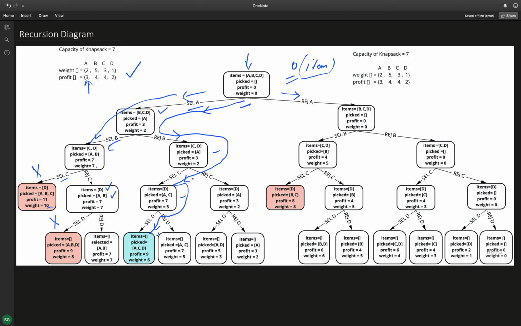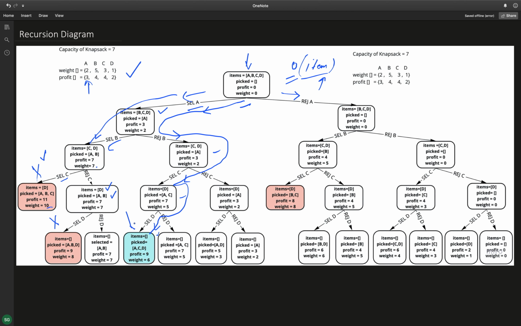So I hope this is clear, because the depth of this tree that is being formed is at max the given number of items. In some cases the recursion will not go that far, because we have some optimization, but in the worst case scenario, it will go till the maximum depth level.